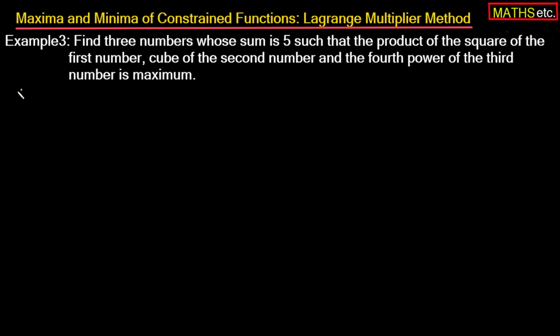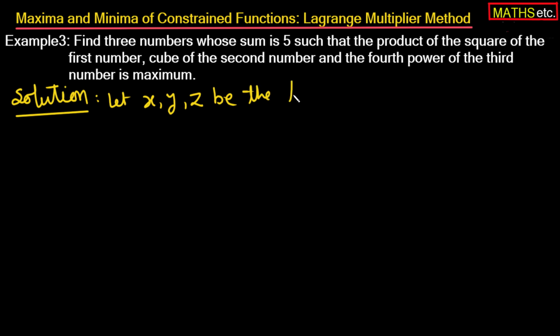So we are solving it. Find three numbers. So we start with, let x, y, z be the three numbers. Now we are given that the sum of these three numbers is 5. So we are given the sum of the three numbers, x plus y plus z, is equal to 5,